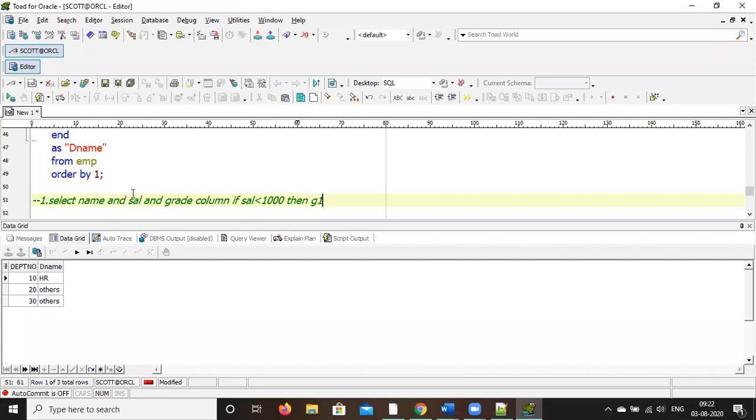If salary is between 1000 and 3000, then G2.